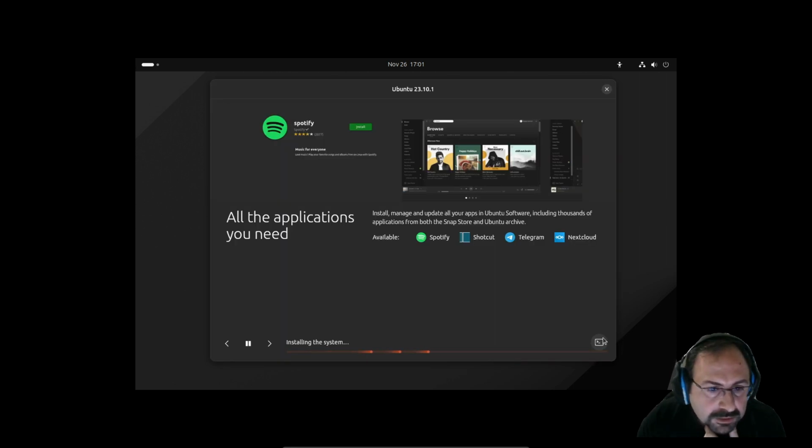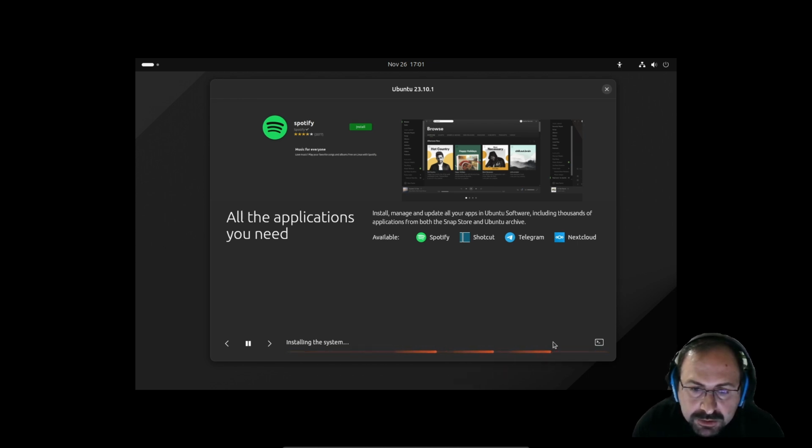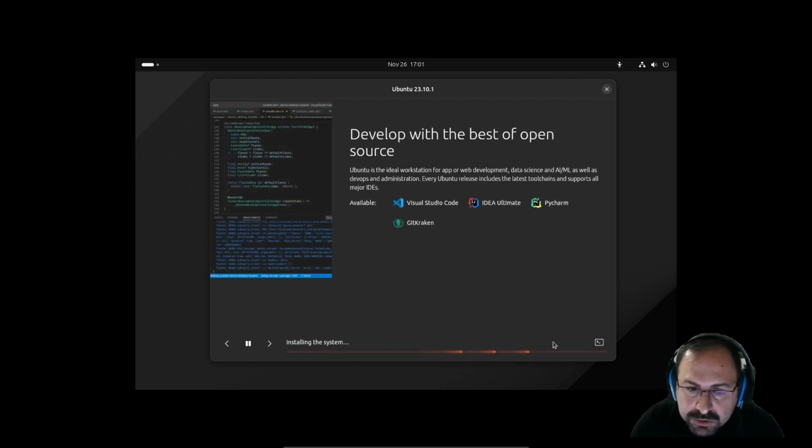This will take nearly 6 or 8 minutes, maybe less. It depends on your configuration, how many gigabytes you shared for the guest operating system, or how fast your processor is.